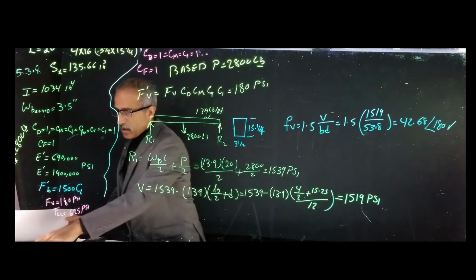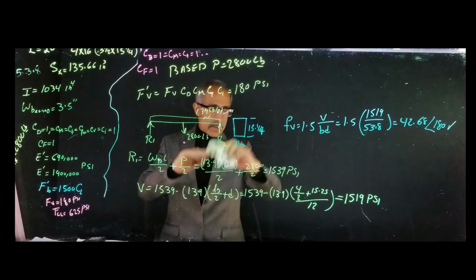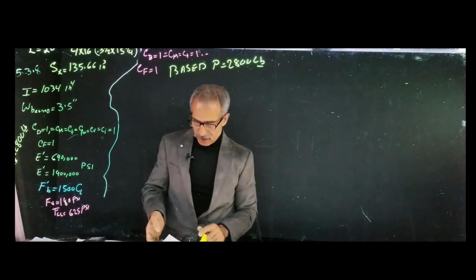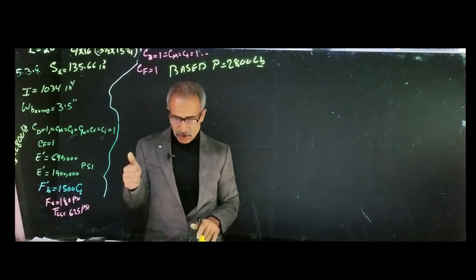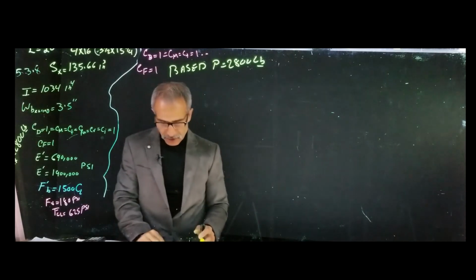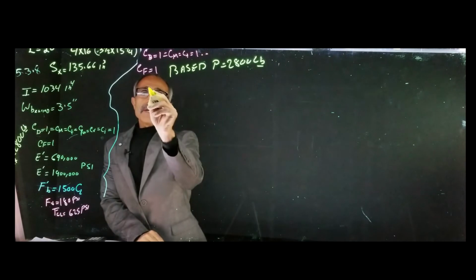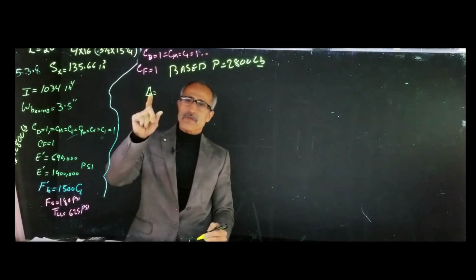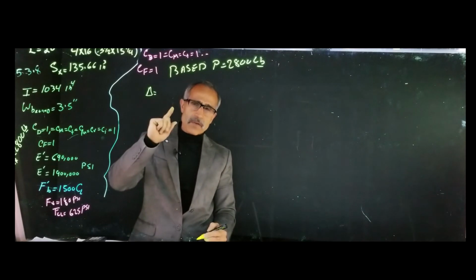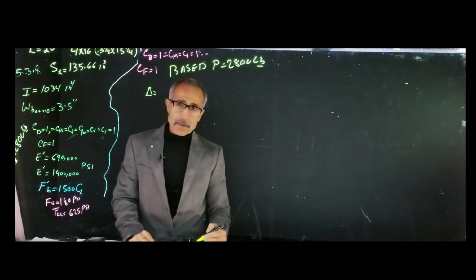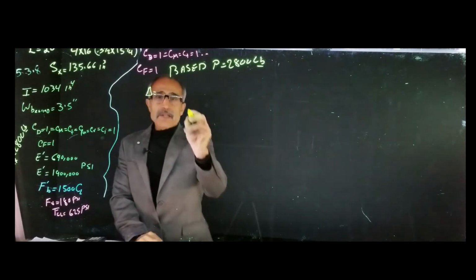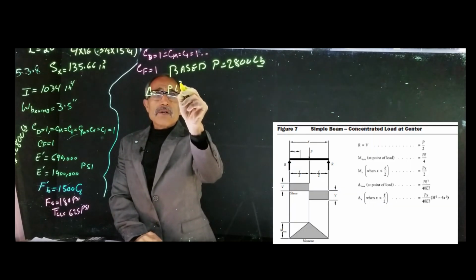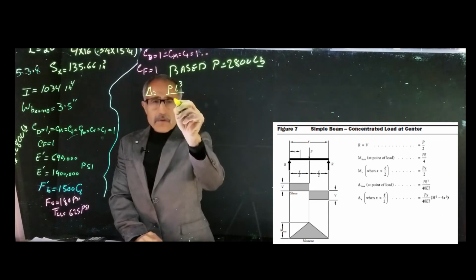Okay, shear checks out. Give me a second. I want to erase all this stuff up here. So the next thing we're going to calculate is the deflection. So we passed shear, we have to see if we can pass deflection. From the formula, delta is equal to, and we're going to calculate deflection just for the P, not for the load of the beam itself. So delta is equal to P L cubed divided by 48 EI,